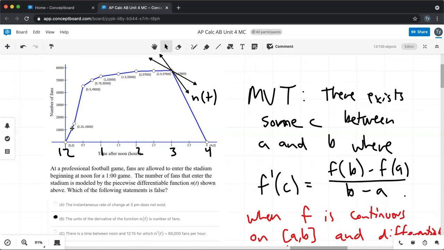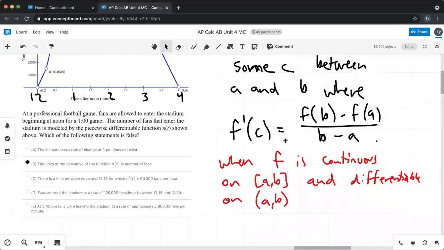We could draw a bunch of tangent lines through here. It's like a line and then a line, but it's not the same line. So there's a bunch of tangent lines going through here. So the conditions hold. F is continuous from 0 to 0.25, but it's differentiable from 0 to 0.25, excluding 0 and 0.25. So these hold. That means there is some C such that